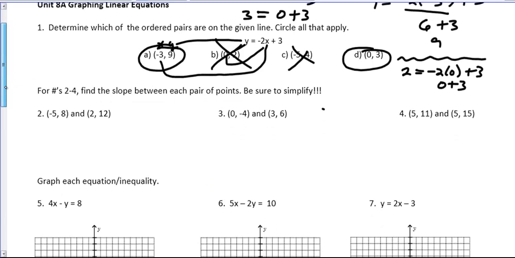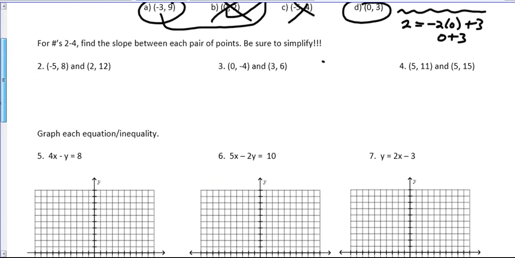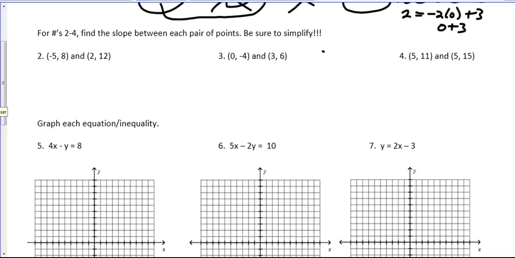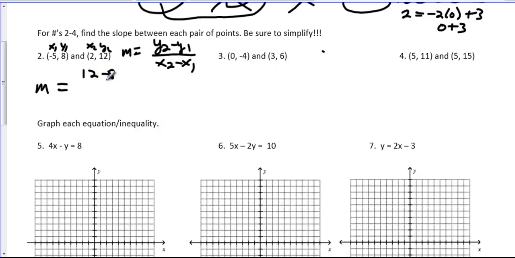Looking at the next set of examples, we're asked to find the slope between the 2 points. In order to do this, we have to recall the formula for finding slope, which was the change in y, or y2 minus y1, over the change in x. In our ordered pair, we always said the first one was x1, y1, and the second one was x2, y2. So in order to find my slope, all I have to do is 12 minus 8 divided by 2